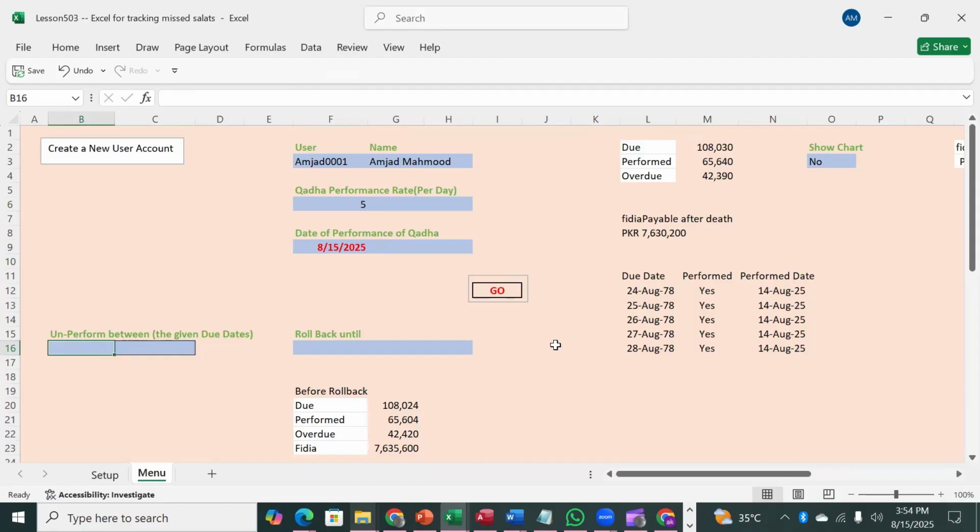have performed on the 14th. Yes, for these dates. Due dates were 24th of August. Let's put this, and just for recapping, we are recapping how to unperform, how to mark these as not performed, although they are performed. If you want them to be marked as not performed, then you put these two dates and for this user, so it will make an SQL, and on the basis of that SQL, these records which are at